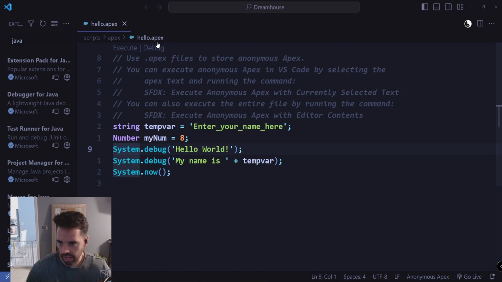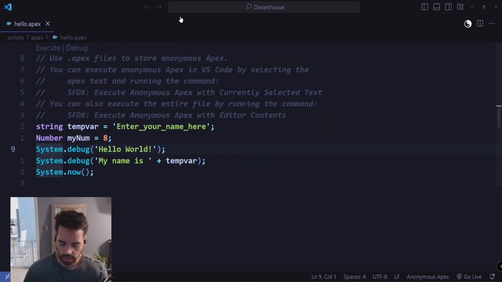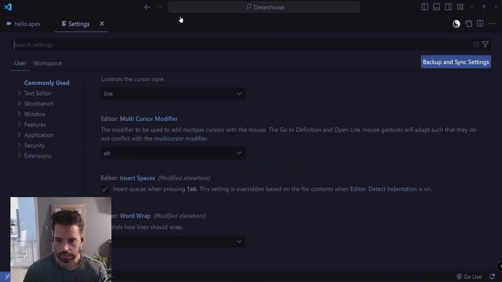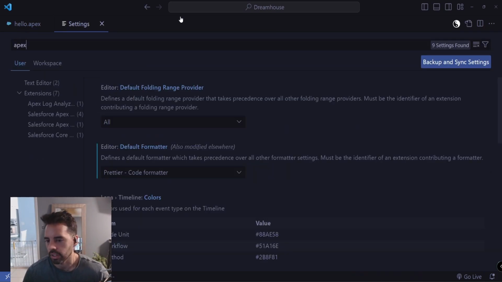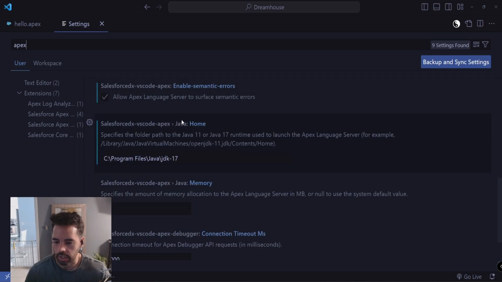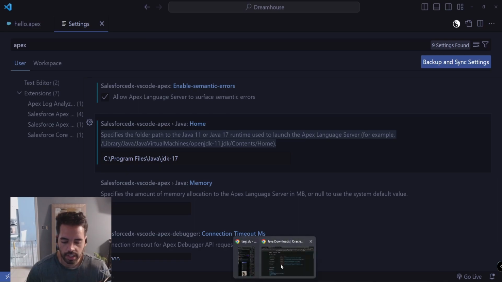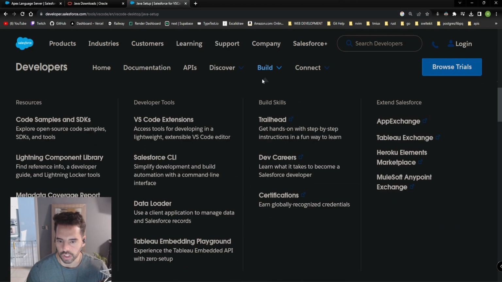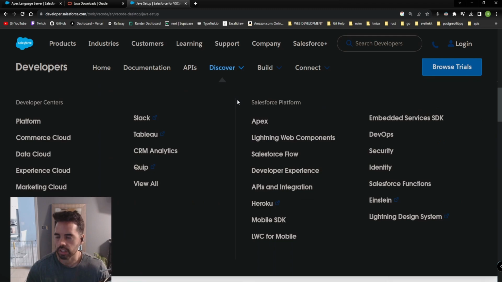And then after that, you go to your settings. Yeah, here. Then you go to Apex, and then you click where your Java JDK is downloaded, and then you put the path in here. And then you can find this here, usually on this page,